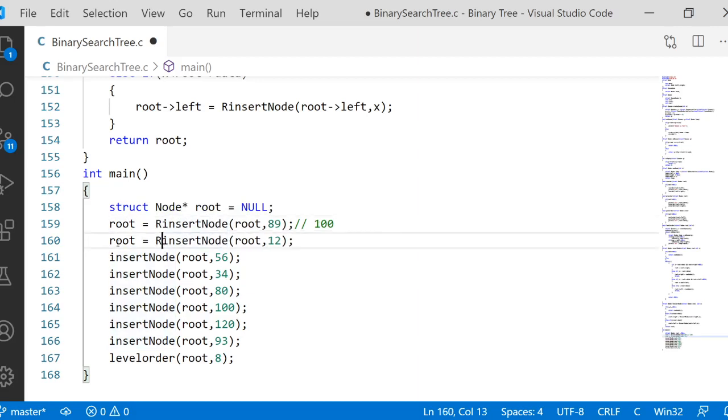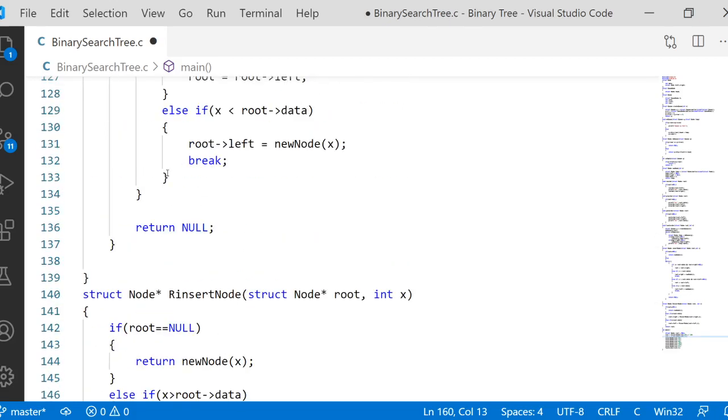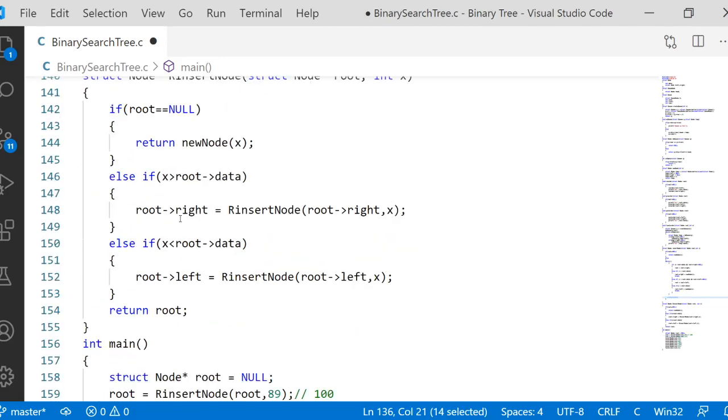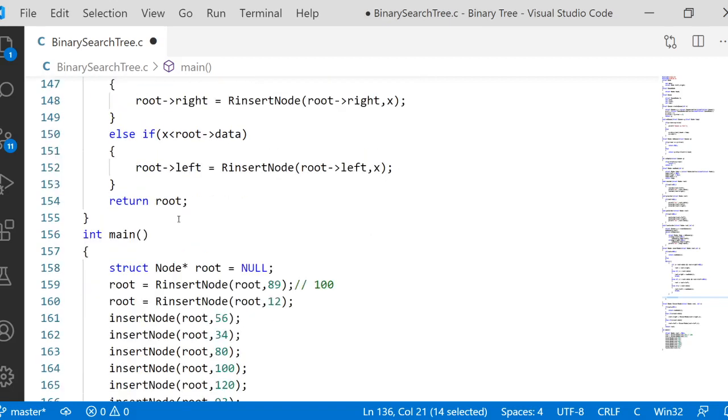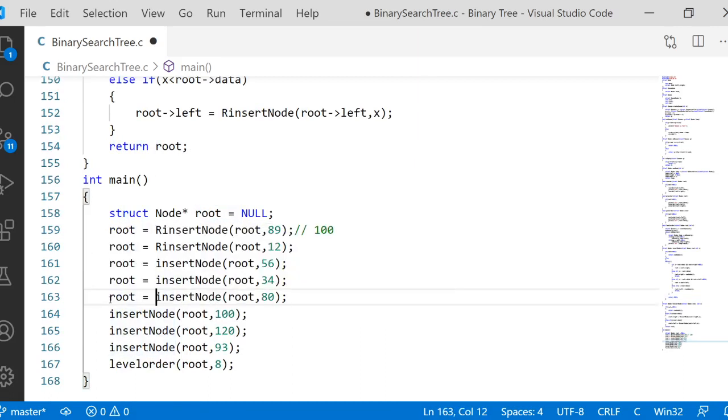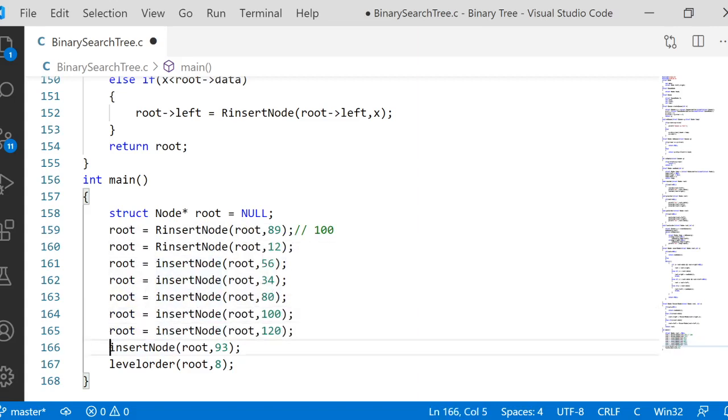So again and again, if you give root is equal to, because what will happen here, in the iterative approach we are returning something called null unwantedly, but here exactly the address of the root node is getting returned to the main function every time. That's a specialty here. So every time you can take root equal to and directly provide it here. No issues will happen even if you give like this.